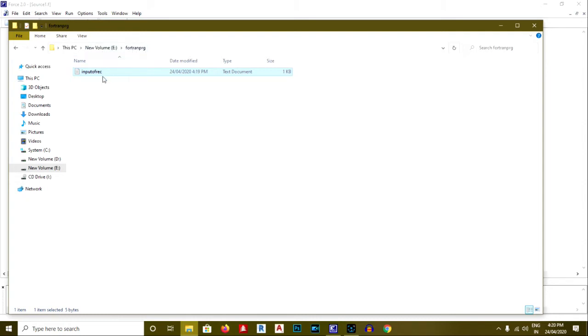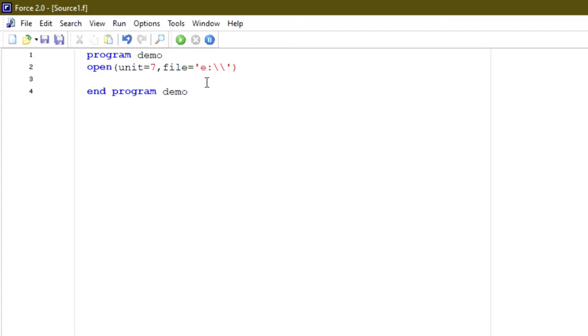So remember this path. Okay, now here in E drive, the folder is, so I will Control paste here, the Fortran program folder, then again double backslash. What is the file name? The file name is input of rectangle, meaning REC. This is the file name. And what is the extension of the file name? The extension of the file name is txt.